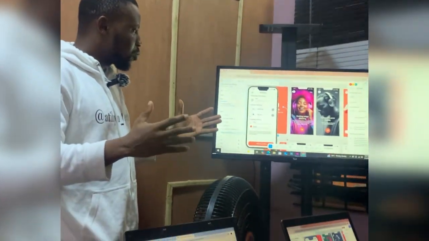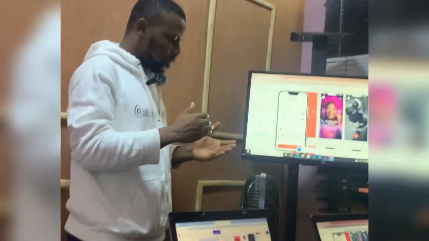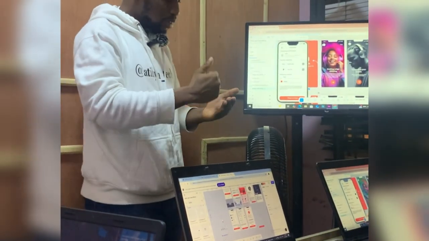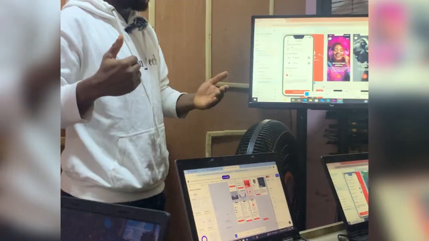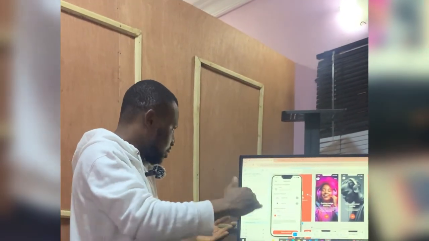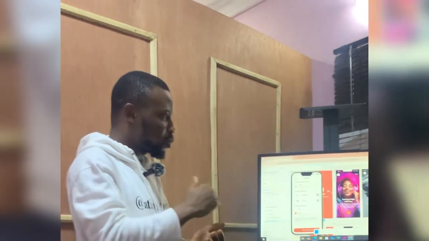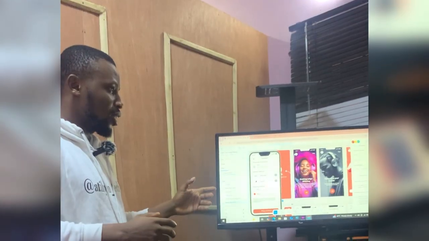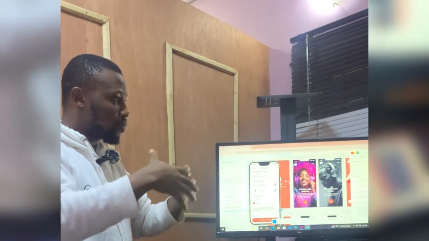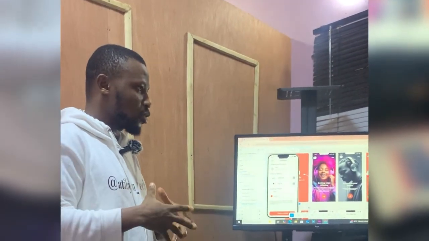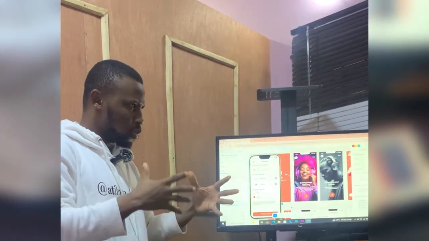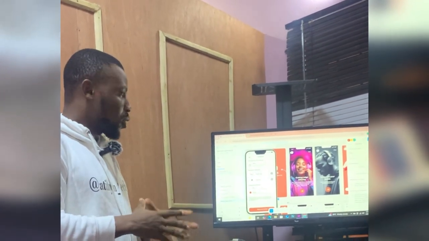Do you understand? When you get to the field, when you start working as a UI UX designer, there are some works that have a deadline. You might have some other works you want to attend to, but this work has a deadline, and you have to meet that deadline. You cannot achieve it until you bring in your colleagues. Do you understand? So with this that you've done, you should be able to know how to collaborate well.